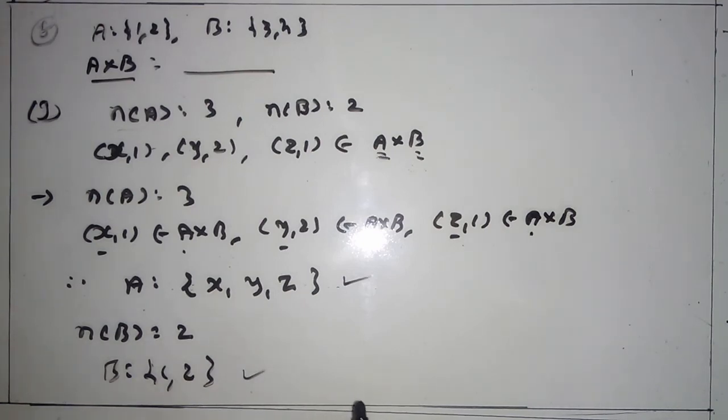And the last question: the Cartesian product A × B has 9 elements, among which are found (-1, 0) and (0, 1). Find the set A and the remaining elements of A × B. Just try to solve this yourself. Last question. In the next lecture, we discuss the remaining topics and exercise 2.2. Clear? Okay.